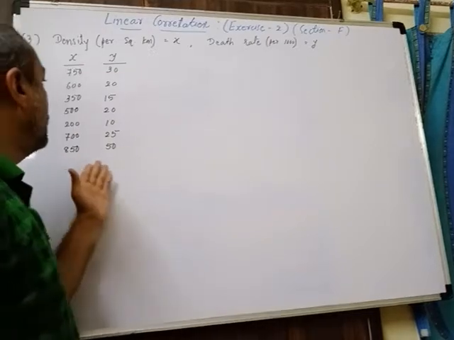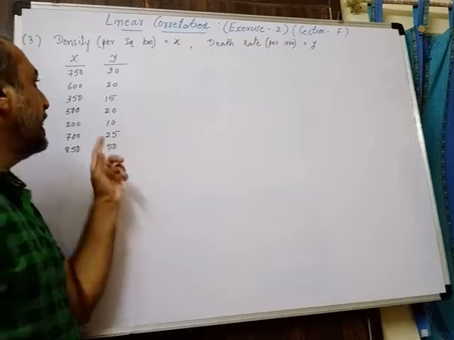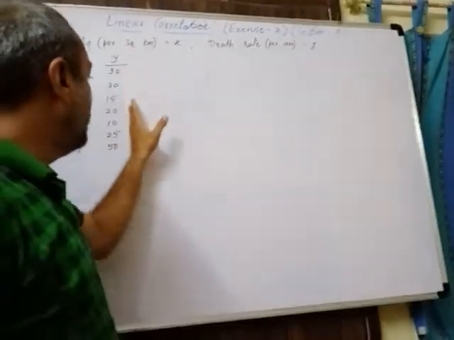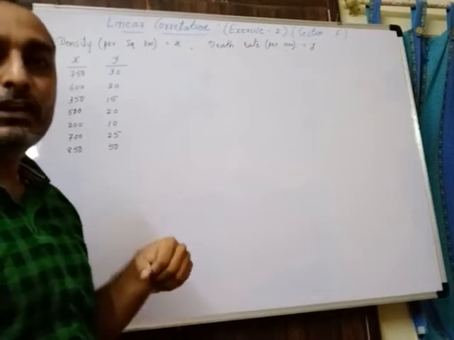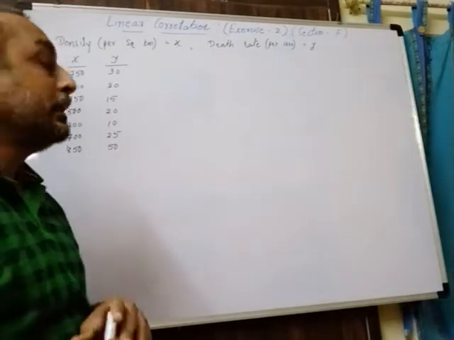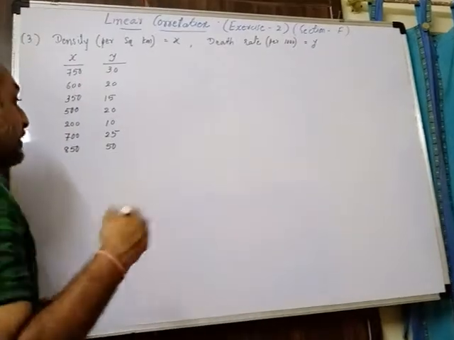Now to convert the values into u and v, you have to take any one value from the variable x as an assumed value and any one value from the variable y as an assumed value, and convert them into u and v respectively. Okay, now the important thing is how you are going to convert it.